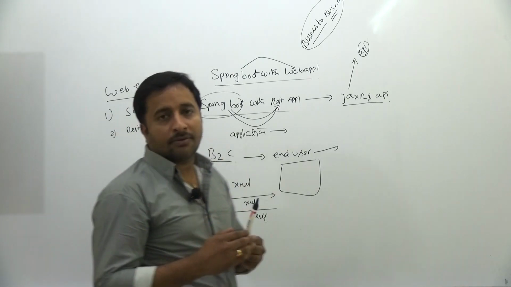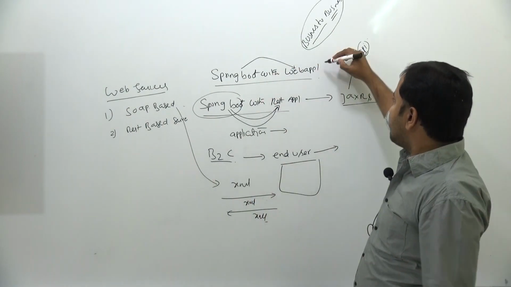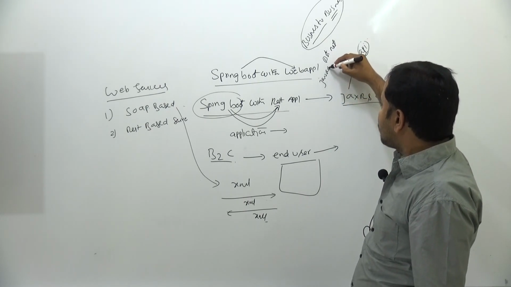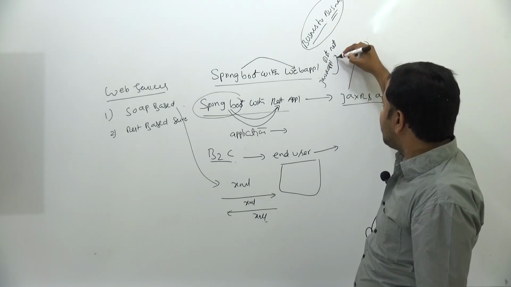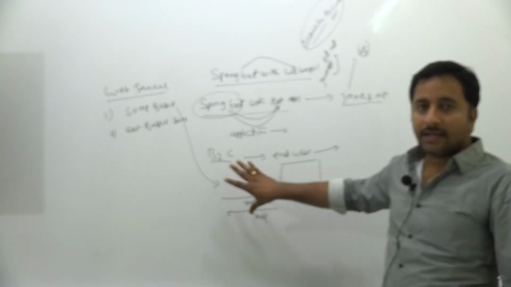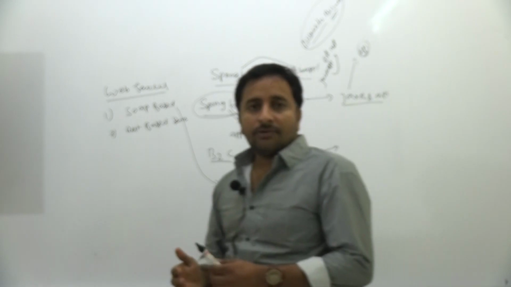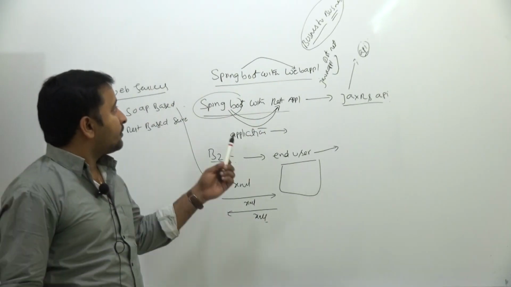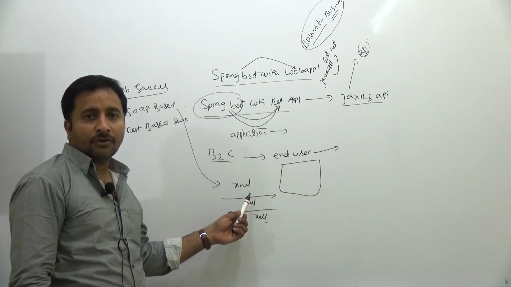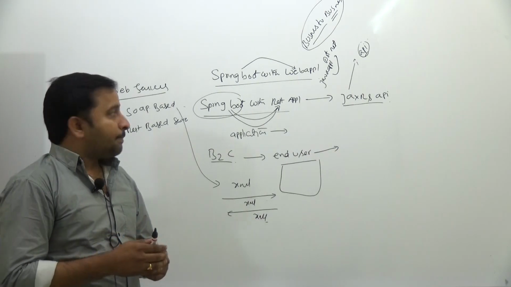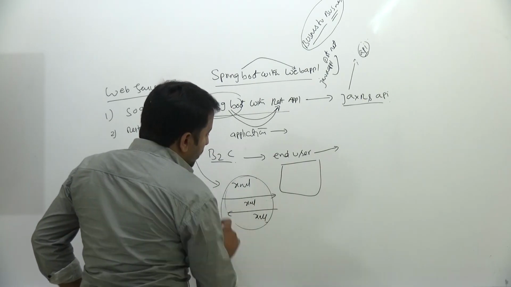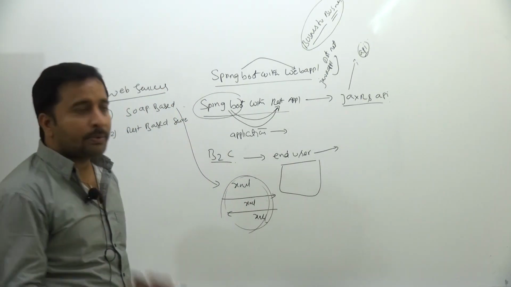So we are communicating with a different technology. The web service may be developed with some different technology like .NET, and my application is developed using Java. How do they communicate with each other? By using XML communication. XML is the mediator, the common language for any technology, whether .NET or Java. So they communicate with each other. But it doesn't provide communication other than XML. We can't send any other request in the case of SOAP based web services.